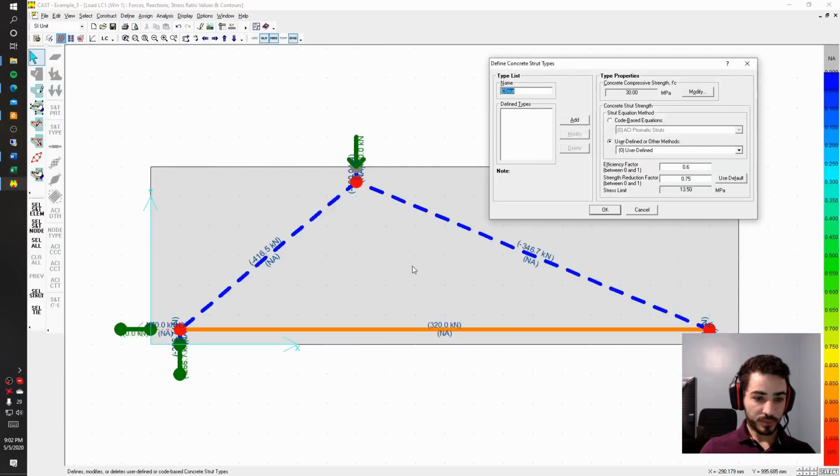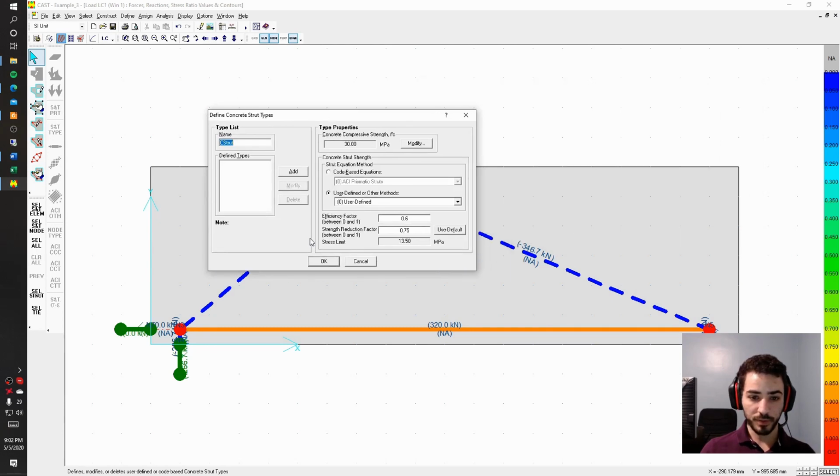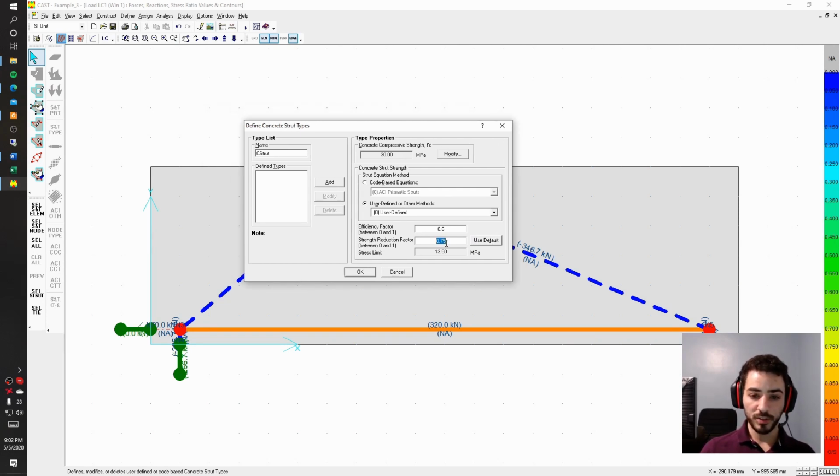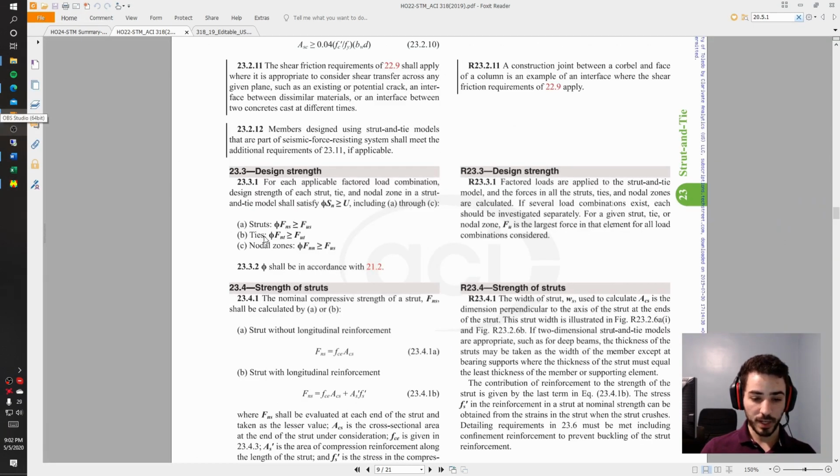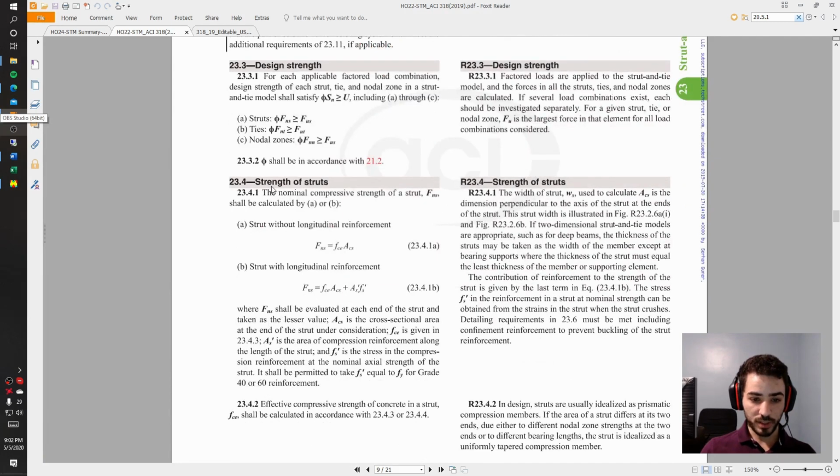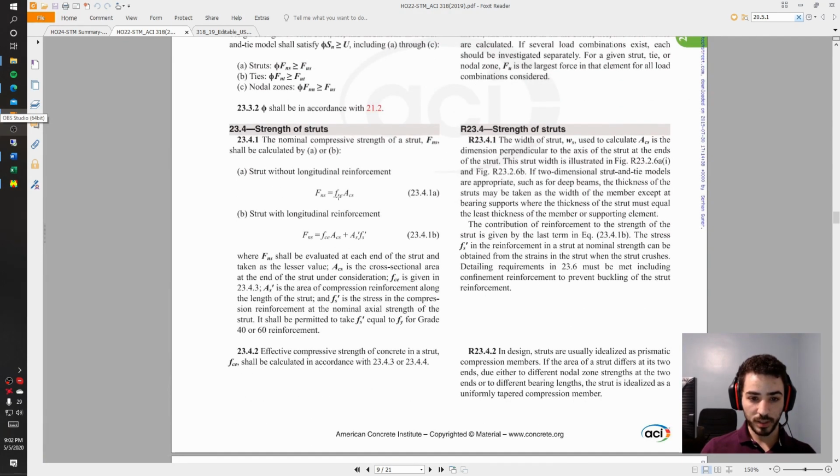And in CAST, we define that by this strength reduction factor. So this is that phi that should be applied to all of the elements in this strut-and-tie. So let's add this. And then the second factor that we need to apply here is what CAST calls the efficiency factor. If you go back to ACI, we will see that for the struts, the strengths are basically a